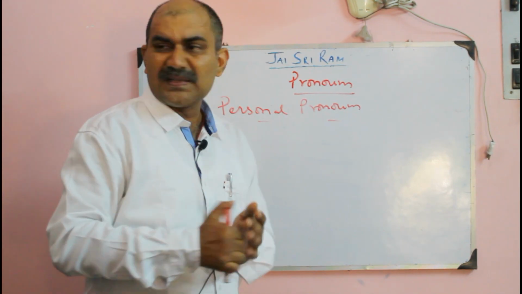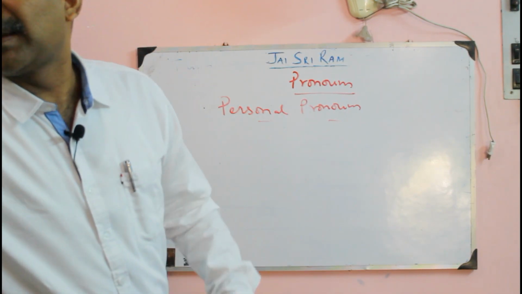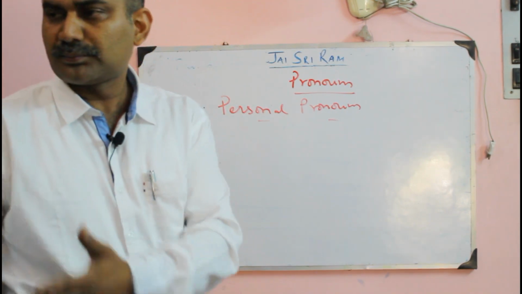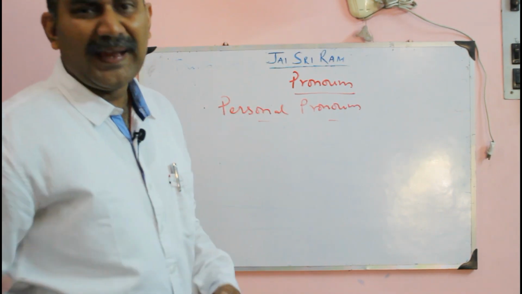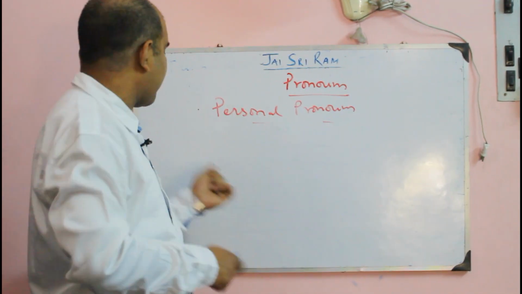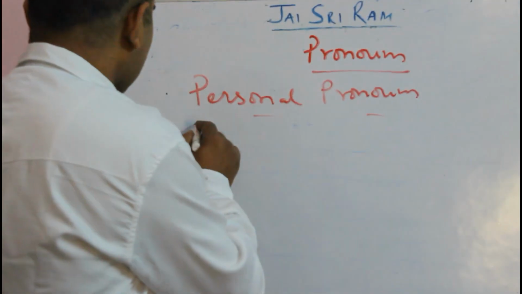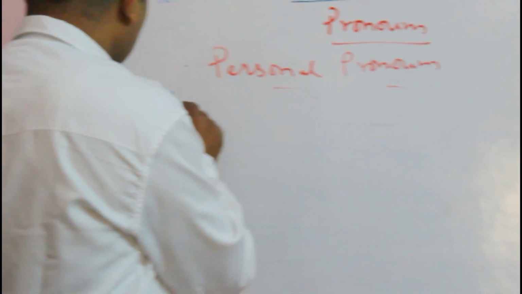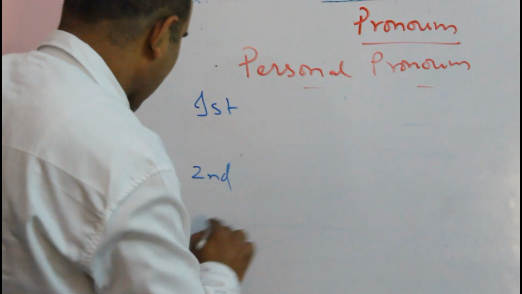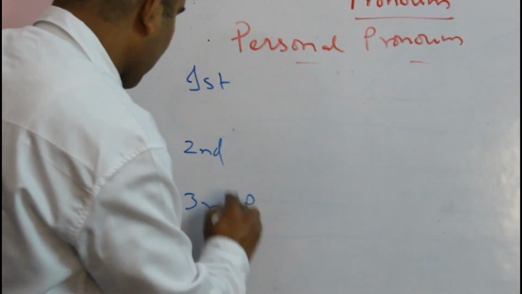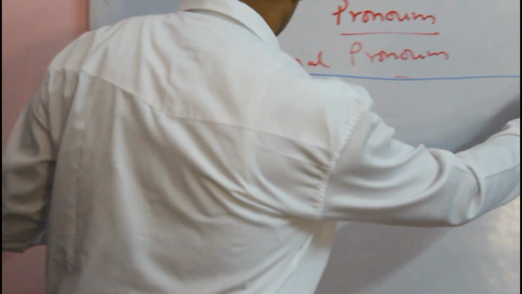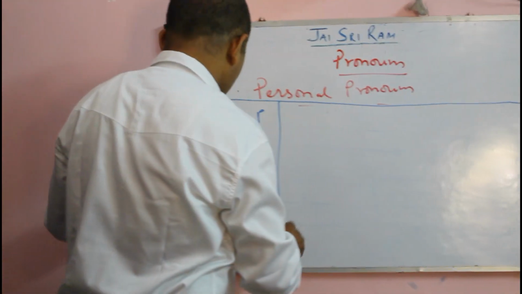So I shall make a chart in order to make the concept of personal pronoun clear. So let's see, there are actually 18 different categories of personal pronouns. Let's make it first person, second person and third person. I suppose you can follow. And if you see,